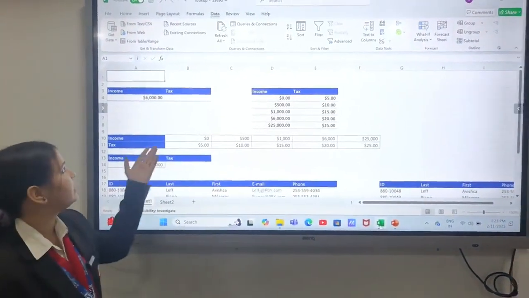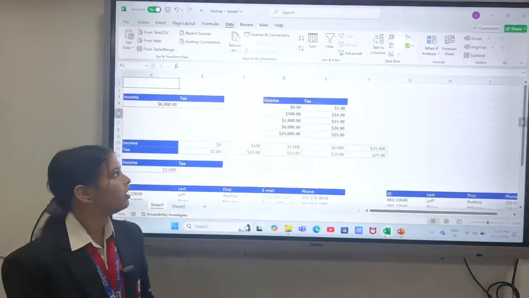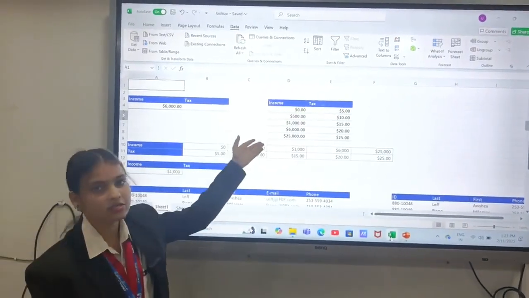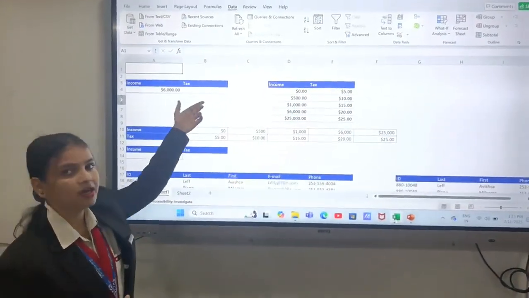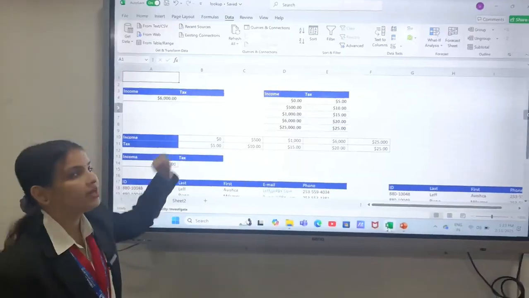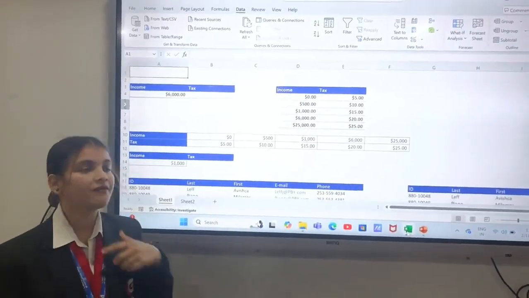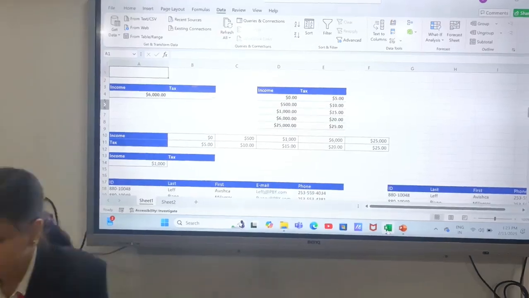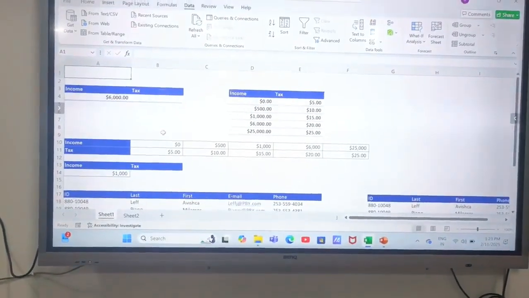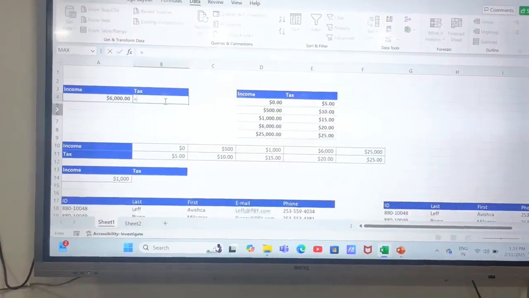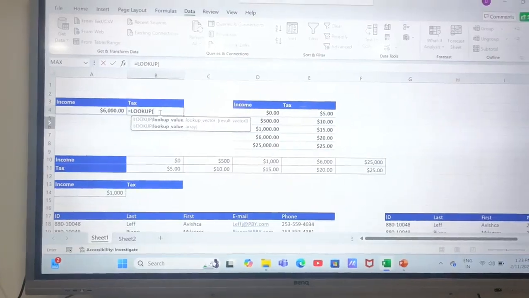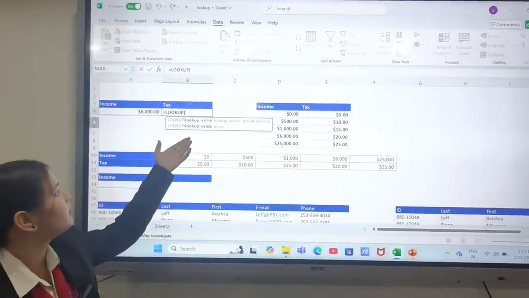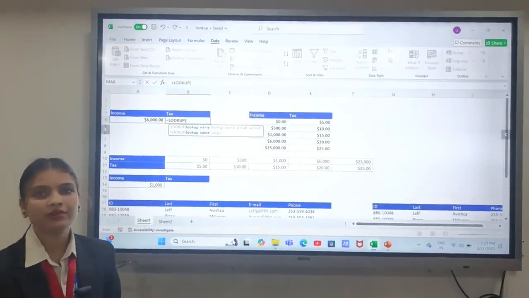On the screen, I have given some data, which is vertical data. Now if I want to find the tax, I'll write the income here and I'll get the tax. But how will it work? I have to write a function, which is equal to lookup, open bracket, and here I have given two formulas with different parameters.